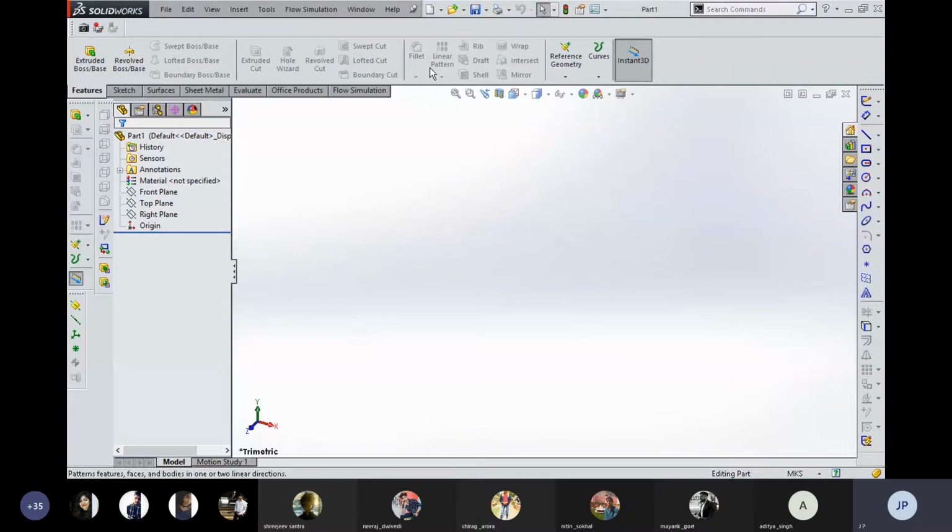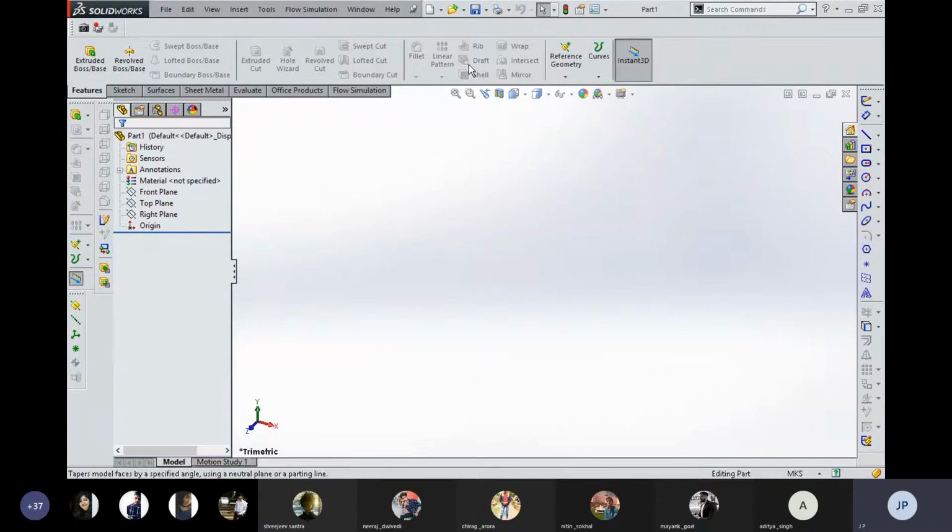If we want to support two vertical faces with each other with the help of ribs, the rib command is there. If you want to draft, meaning you want to change the diameter of a component with respect to its center and top part, then the draft command is available.